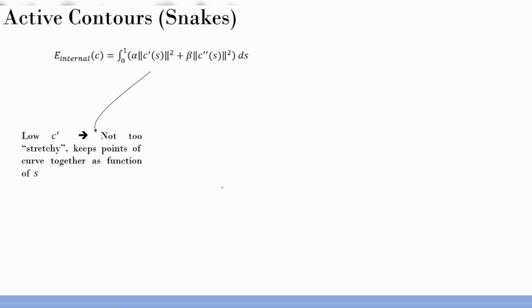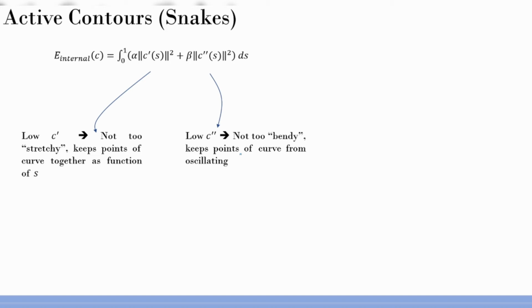Okay, so I want to convey that point, or how stretchy that curve is. If the points are far apart, it looks like straight lines or some polygons, right? If they are closer, it means a smoother curve or smoother evolution of the curve. Keep the points together. And the second order...